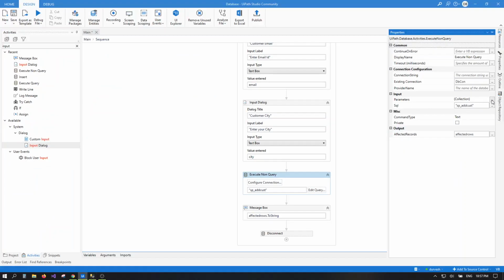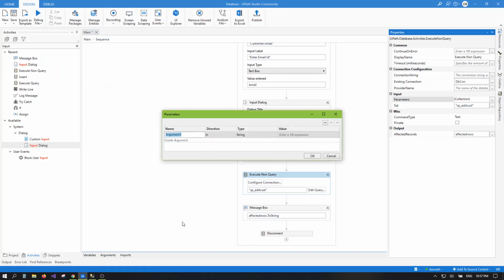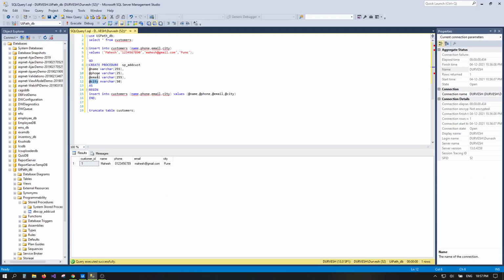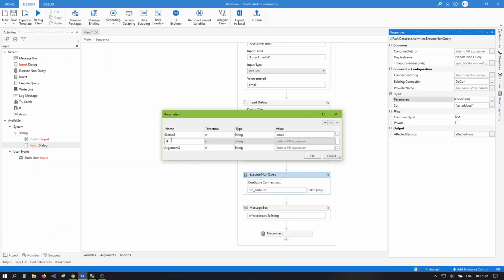So in the parameter section, just pass the parameter called @name, and value is name, which we have taken from the user. @email, and pass the value email, phone number, and phone.